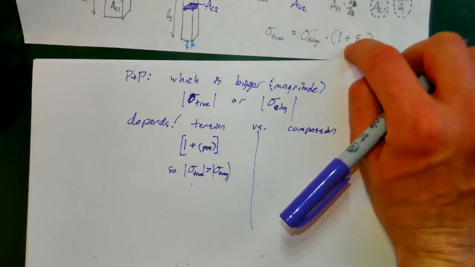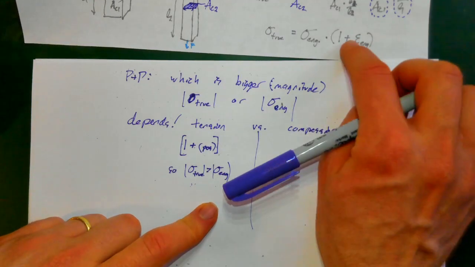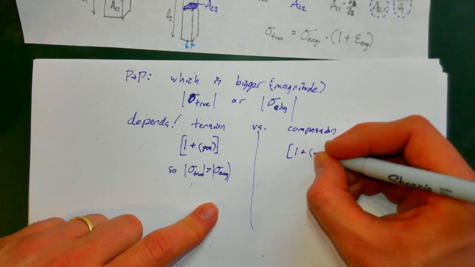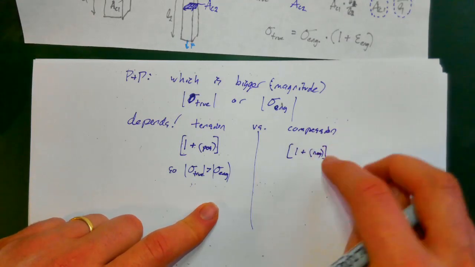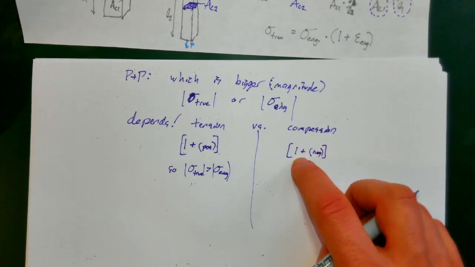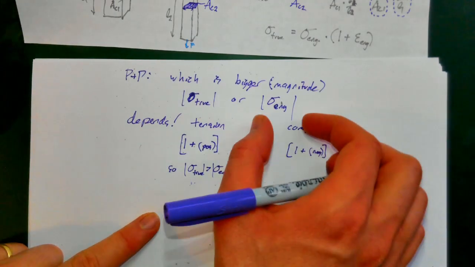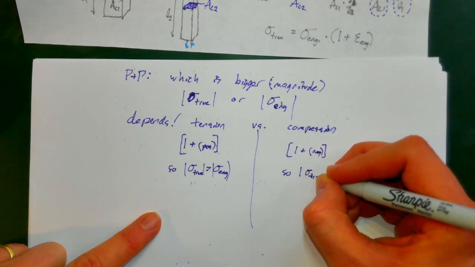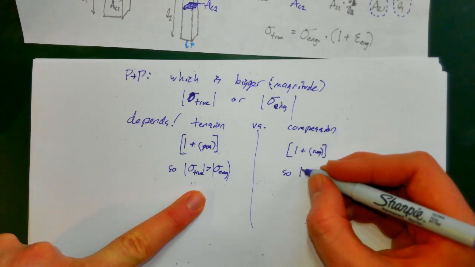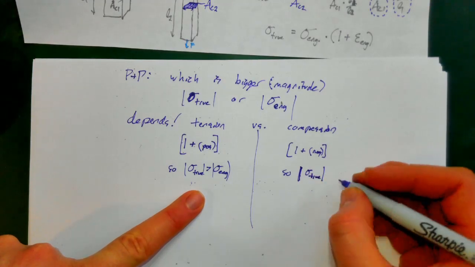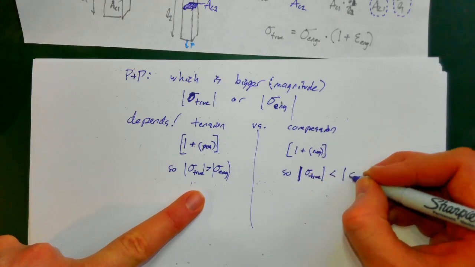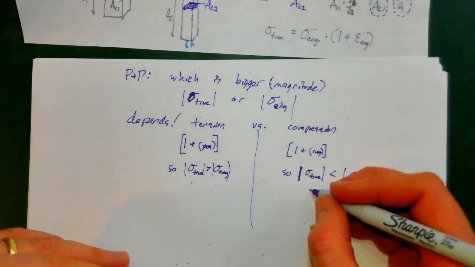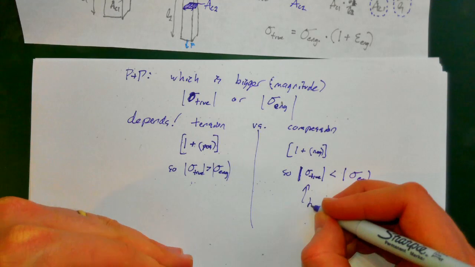Delta L is negative. So this factor here, 1 plus engineering strain, is basically 1 plus something negative. It's smaller than 1, but still positive. So that basically means the magnitude of true stress is actually less than the magnitude of engineering stress. And why is that the case? The reason is basically because